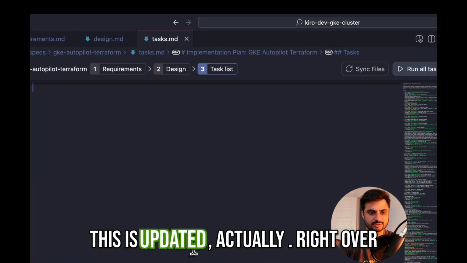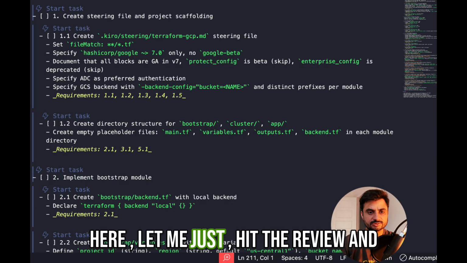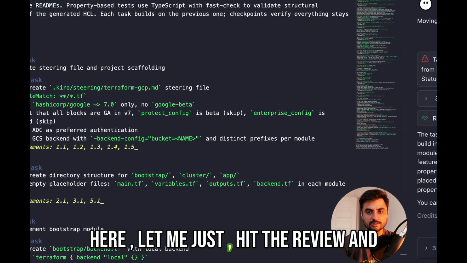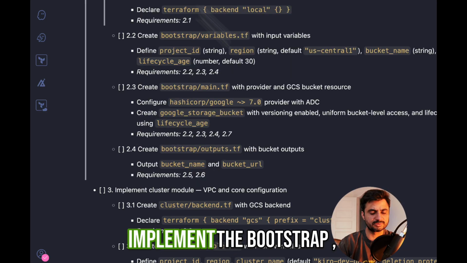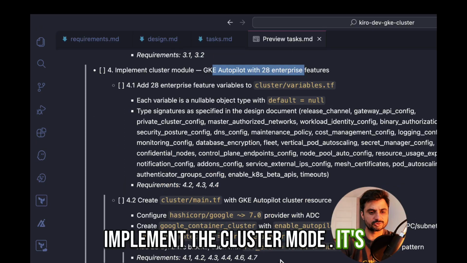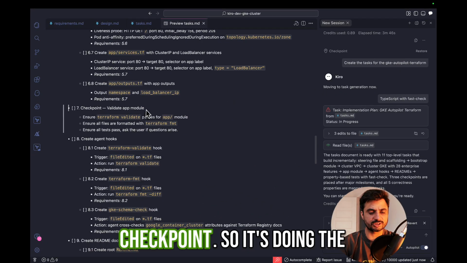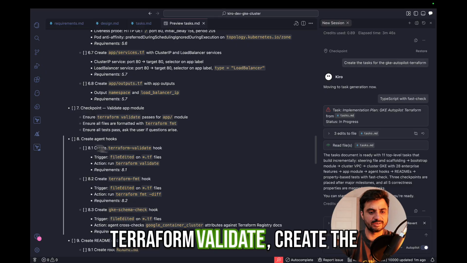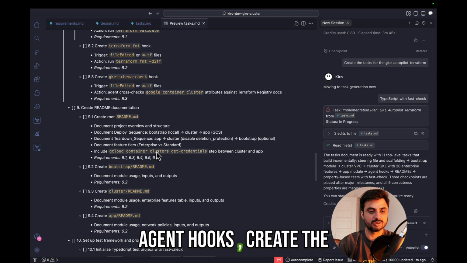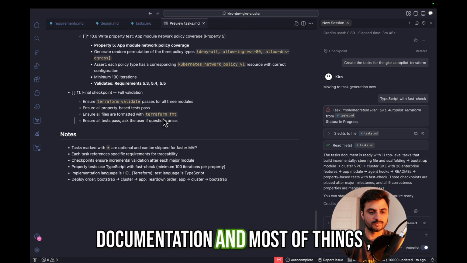This is updated actually right over here. Let me just hit review. Implement the bootstrap, implement the cluster module. It's going to update again and implement the app module. Here is a checkpoint. So it's doing the Terraform validate, create the agent hooks, create the documentation, most of the things,